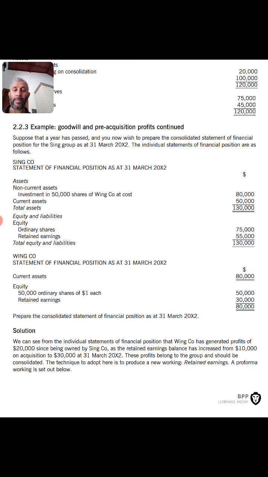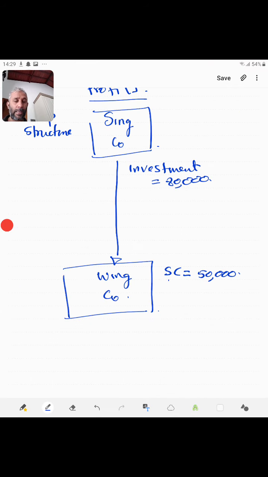An example that I am discussing topic by topic. Today, an example I would like to pick is goodwill calculation along with the pre-acquisition profits. Now, in order to do that, let's look into this. Based on the example that has been given, there is some information we need to take from